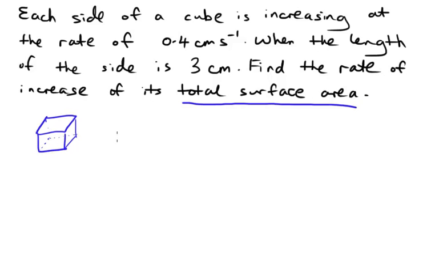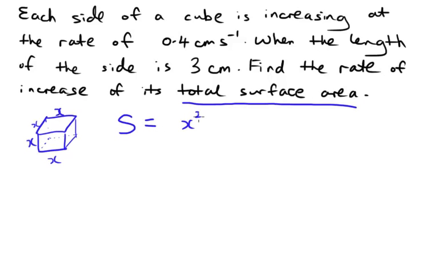This blue cube means each side would be the same. So let's say we put it as x. So each side is x. Now, for the total surface area, one side of the cube is x squared,